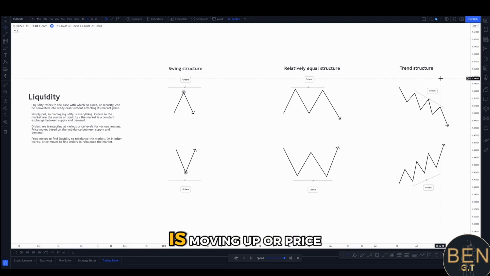And the reason why price is moving up or price is moving down is to balance the amount of orders that are resting in the markets, to find a stance of liquidity to create that balance. Because in fair exchange, price will remain constant or relatively stable, but as soon as there is an imbalance between demand or supply, that is when price will move rapidly either up or down to rebalance, to get it back to a state of liquidity where orders can very simply be converted into cash without inversely affecting the price. So with that said,